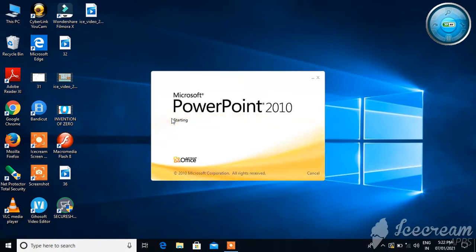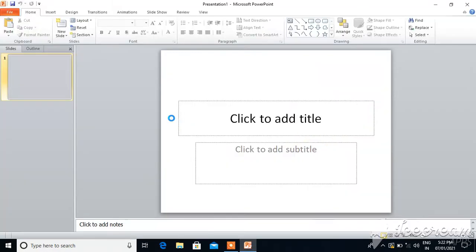Now we will learn more about this PowerPoint. See, our lesson name is formatting a presentation. Formatting means changing the background, changing the font, changing the color, changing the font style, applying different backgrounds. So making these changes is called formatting a presentation. So in this lesson we will do the formatting.